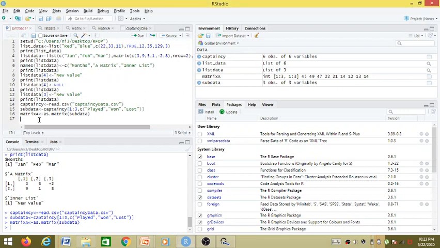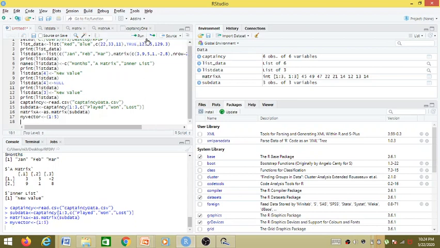It's a 3 by 3 matrix, and finally let us create a vector named, say, my vector, and just pass it values from 1 to 5. So it is just carrying values from 1 to 5. You can see here in the global environment that the value of my vector is there: 1, 2, 3, 4, 5.